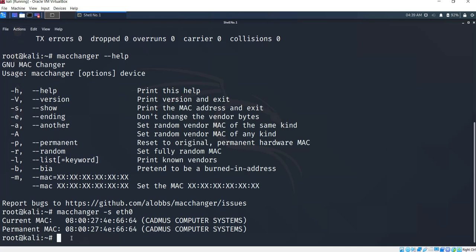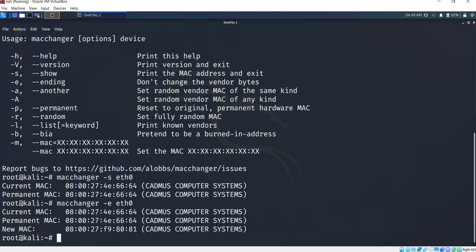Let's check. macchanger -e eth0. See the current MAC address, whatever we had, that is from this vendor. The new MAC address is also from the same vendor, but the remaining bits are changed.